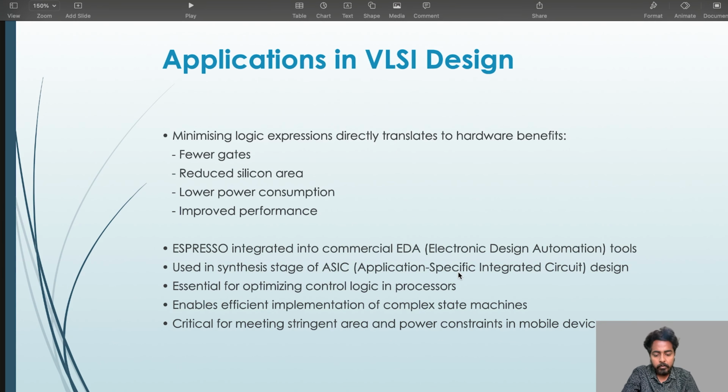Espresso is essential for refining control logic in processors, ensuring the efficient implementation of complex state machines. In modern mobile devices, where area and power constraints are stringent, these optimizations are critical for achieving both performance and energy efficiency. So by leveraging advanced logic minimization techniques, we can push the boundaries of high performance, low power VLSI